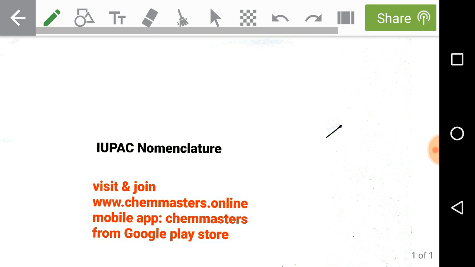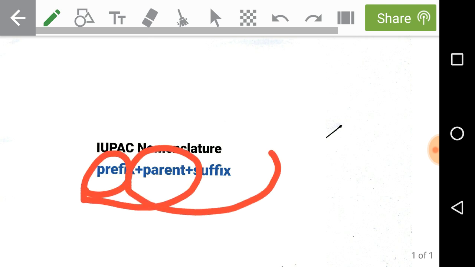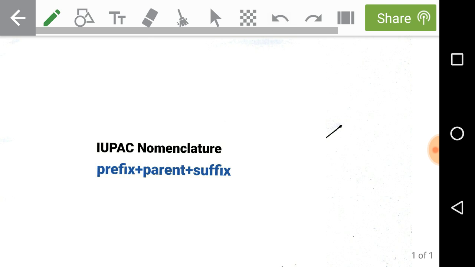The basic thing is that every organic molecule has three main heads: prefix, followed by parent, and followed by suffix. By combining these three in this manner, the name of the organic molecule is completed by IUPAC rules. So whenever we give the IUPAC nomenclature of an unknown organic structure, first one should